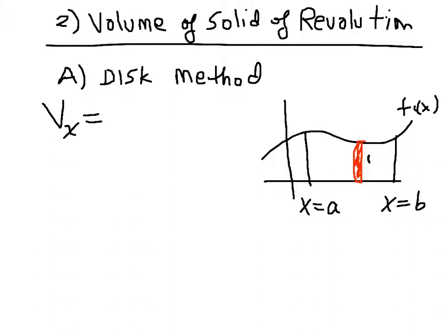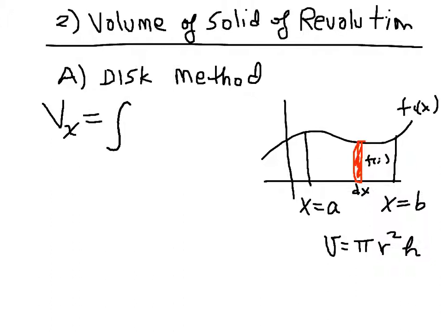This is the height, f of x, and this is the radius, and this is the height, dx. So let me say that again. The radius of this disk is f of x, and the little bit of height is dx. And what we know is that in any case, the volume of a cylinder is pi r squared h. So once again, r is f of x, h is dx, and so this volume is simply going to be what we get when we add up all of those